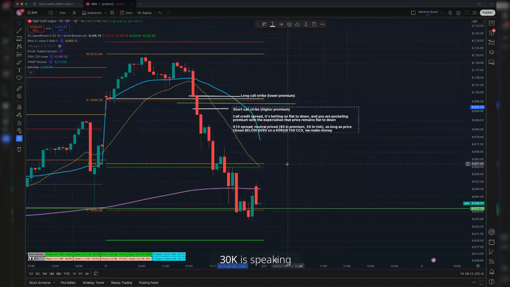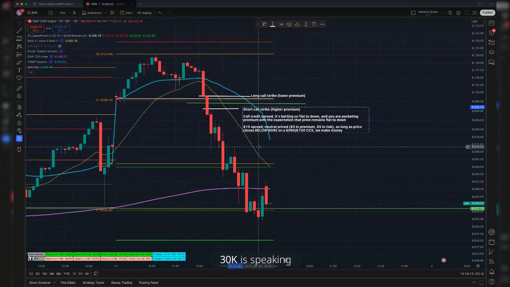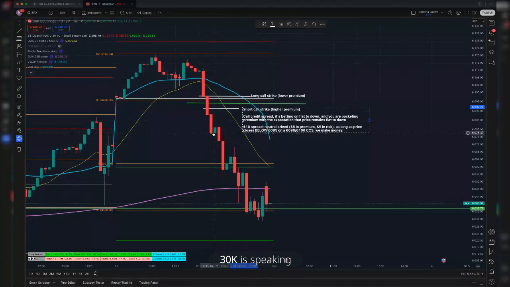And so what's nice about these strategies is that you don't have to worry about theta decay. Theta decay works in your favor, right? So you want theta decay, but you don't have to worry about IV crush. You don't have to worry about premium collapse. You don't even have to worry about being materially right. So if you bought a 6080 lotto, you have to get real movement to get the 6080 lotto. If you do this strategy, you don't have to do anything but wait.